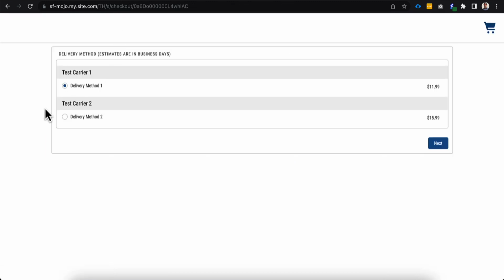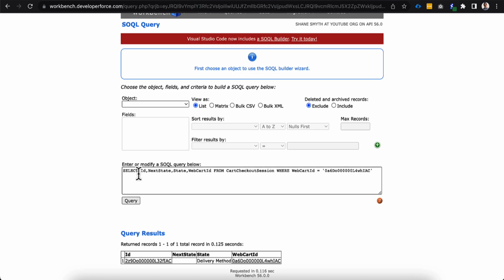Now, currently we're on the delivery method screen here, and you may notice by default that the back button isn't available in this screen flow. It is because of how the checkout flow works by default. So the easiest way, besides going through completion and starting another cart and going through that process, I have a little trick I'll show you here, and that is by going into Workbench, you can do a quick little query